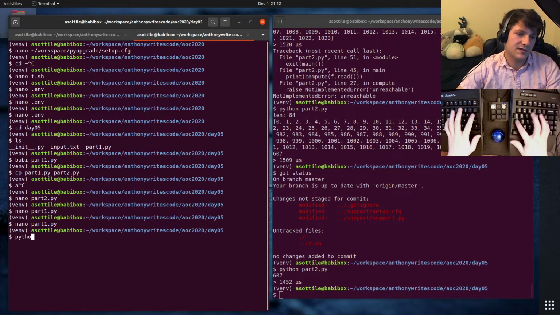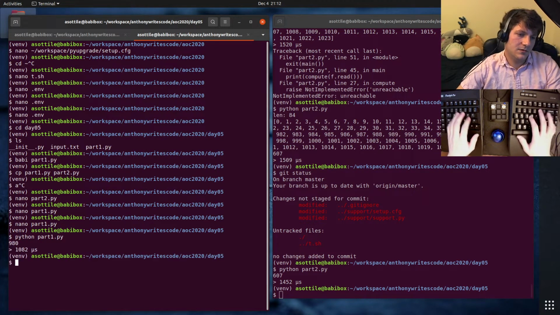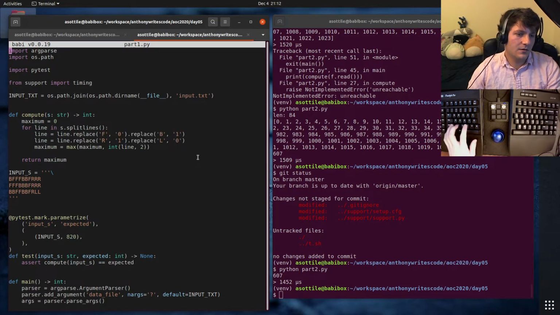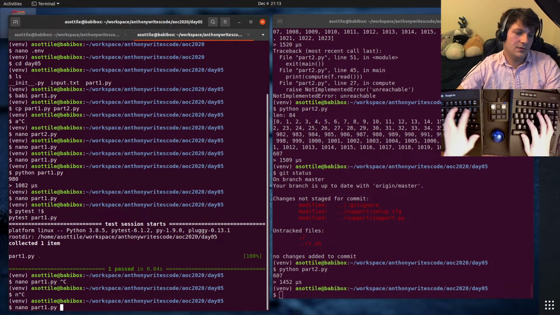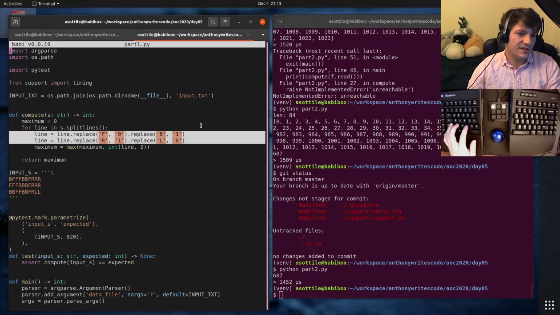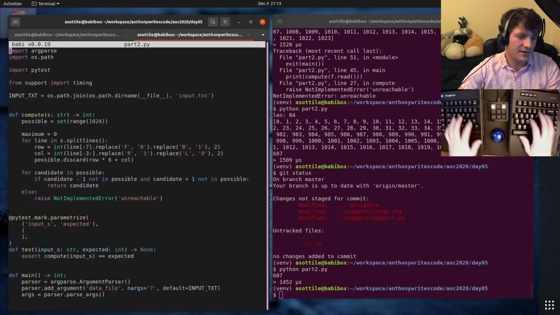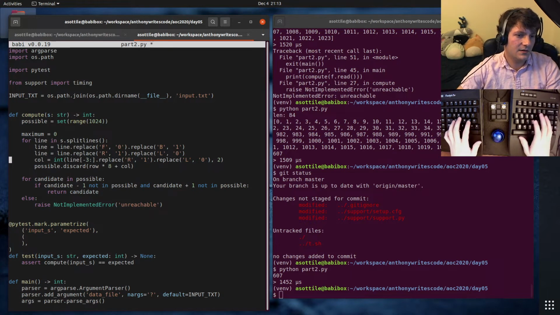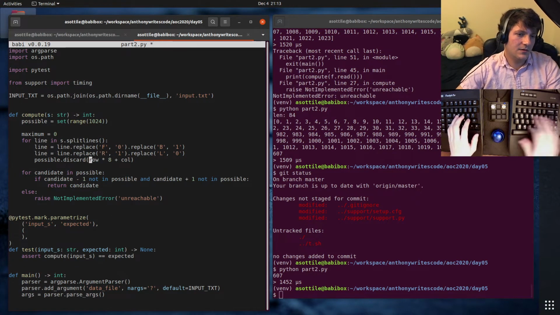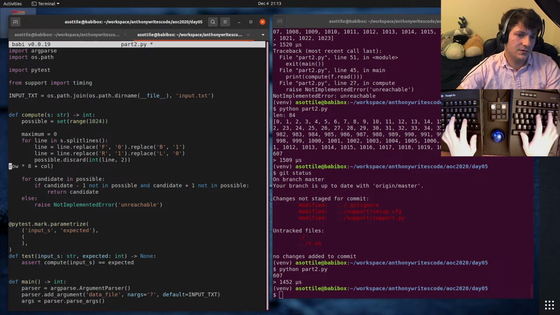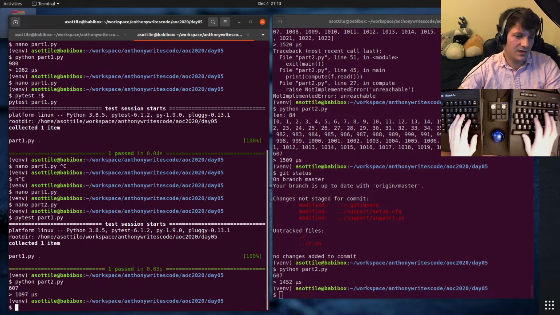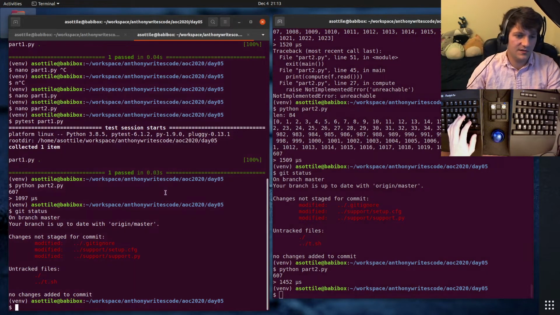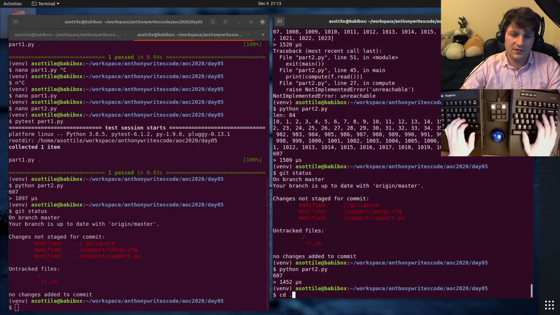As a simpler version of this. What did I have before? 980? We can also PyTest that, yeah. This is a much simpler form of this than the silly thing that I did for that. And line 2. Oops, python part 2.py. Still got the same answer. Okay, cool. So let's put these into my check everything in sort of dealio.